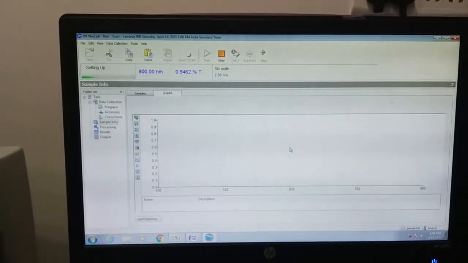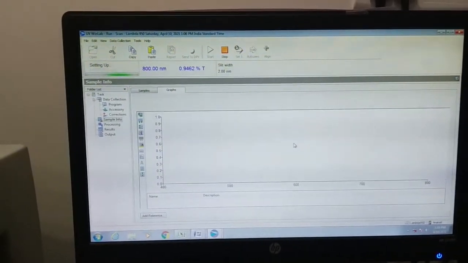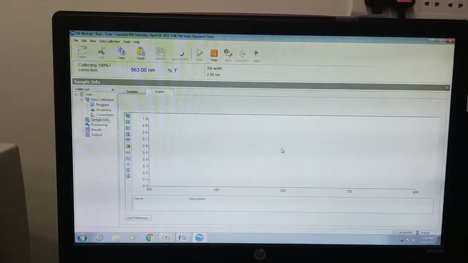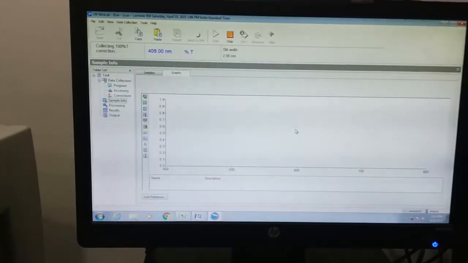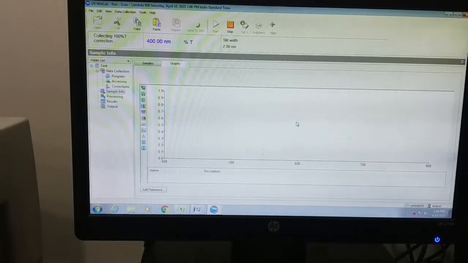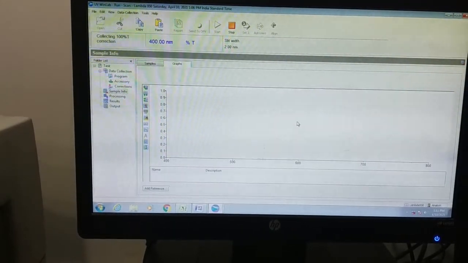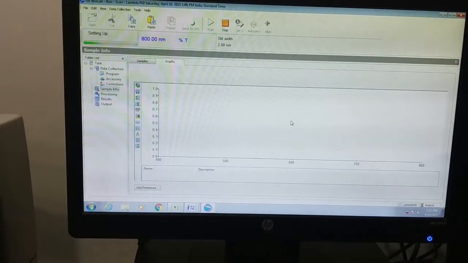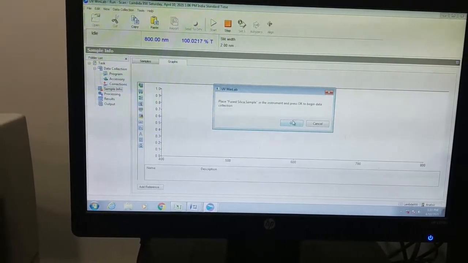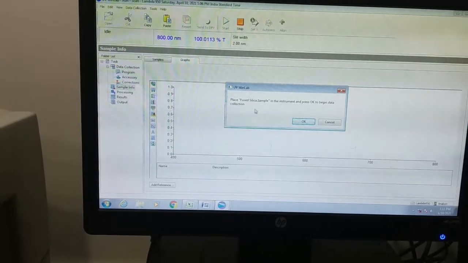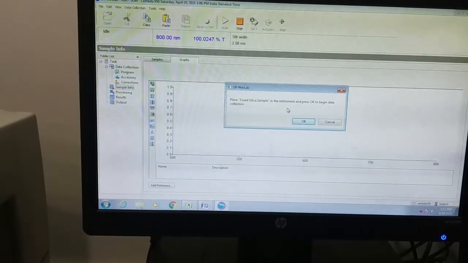Then press OK. After completing the wavelength range from 400 to 800, the software gives the instruction: place fused silica sample in the instrument and press OK to begin data collection.